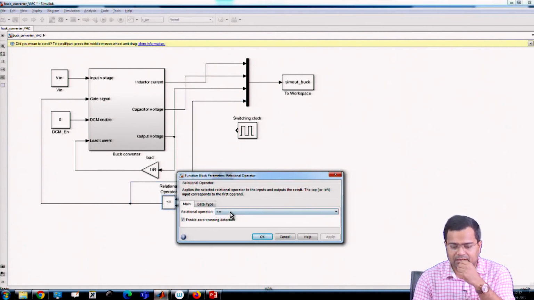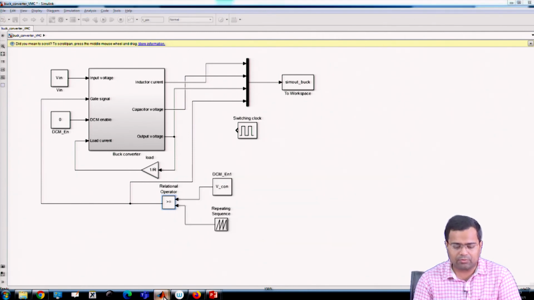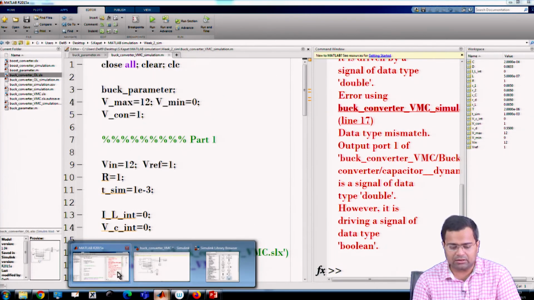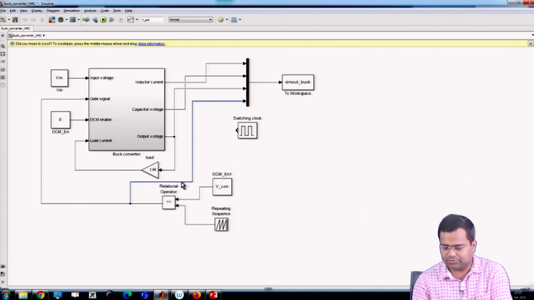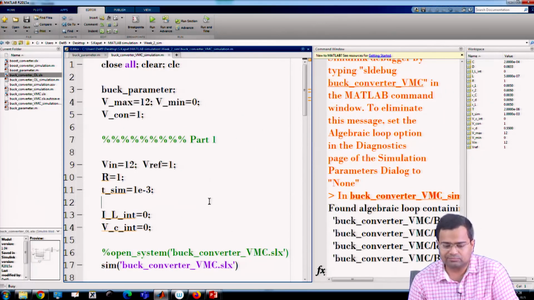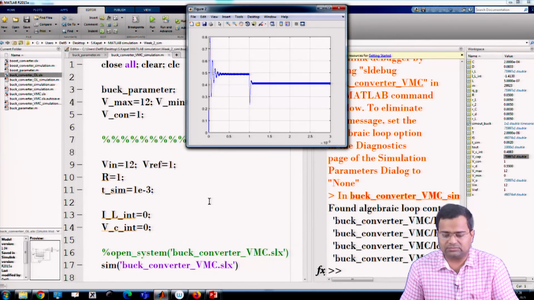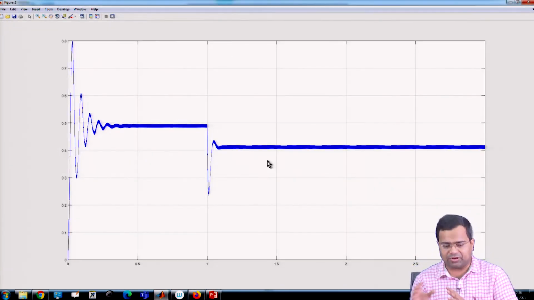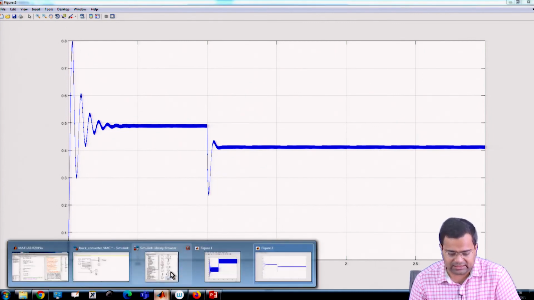Should it be... okay, let me check whether there is any logical change or not. Yeah, I think there was a logical problem, because what was the initial logic?